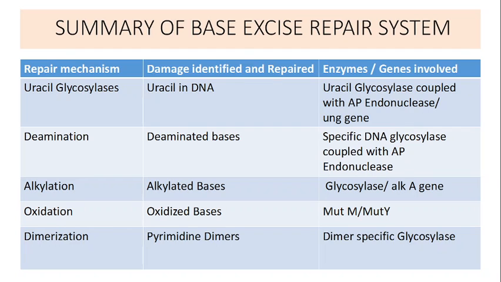MUT-M and MUT-Y are part of a set of genes that comprise the oxidative stress response regulon. Another gene in this regulon is MUT-T, which encodes a gene product that also deals with 8-oxo-G lesions, but in a different way than MUT-M glycosylase. MUT-T is a phosphatase that specifically degrades an oxidized guanine precursor, 8-oxo-GTP, into 8-oxo-GMP so that it cannot be incorporated during DNA replication. Then dimerization.